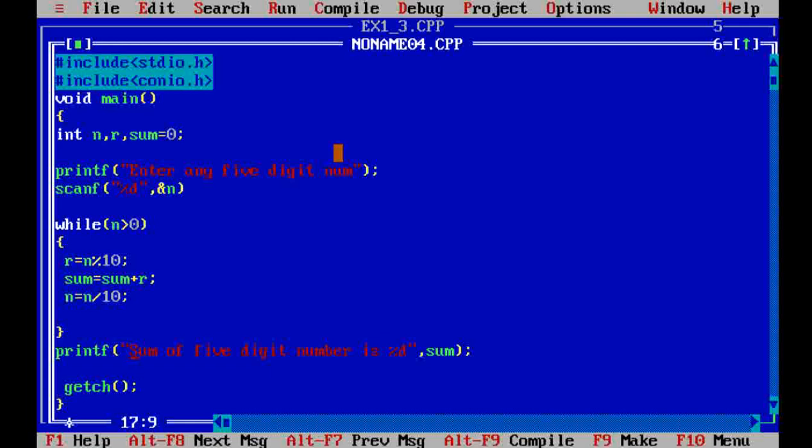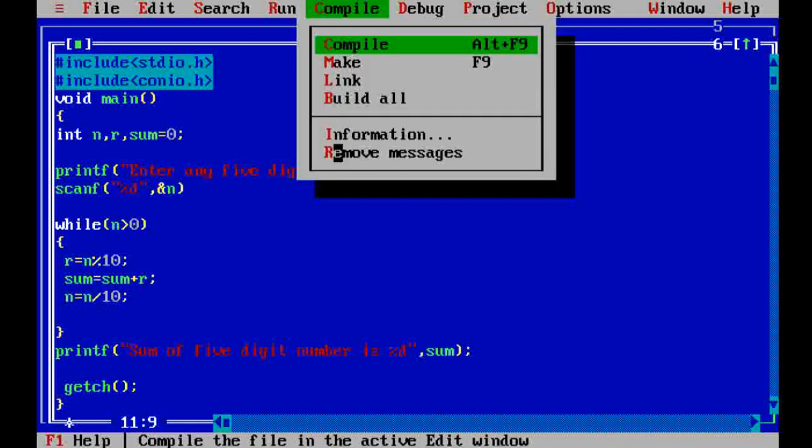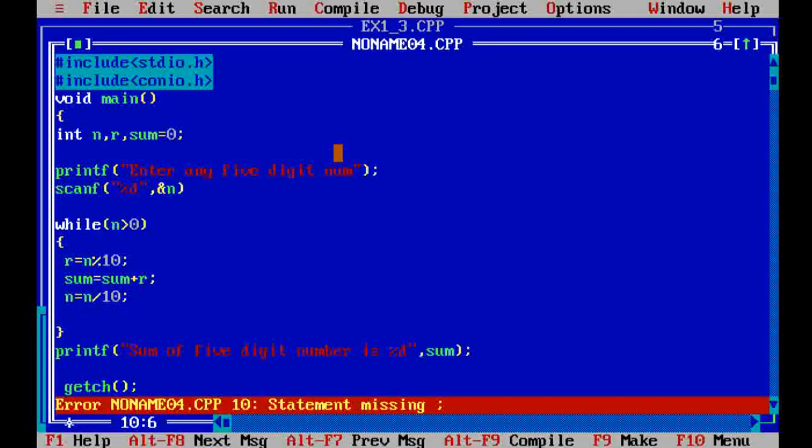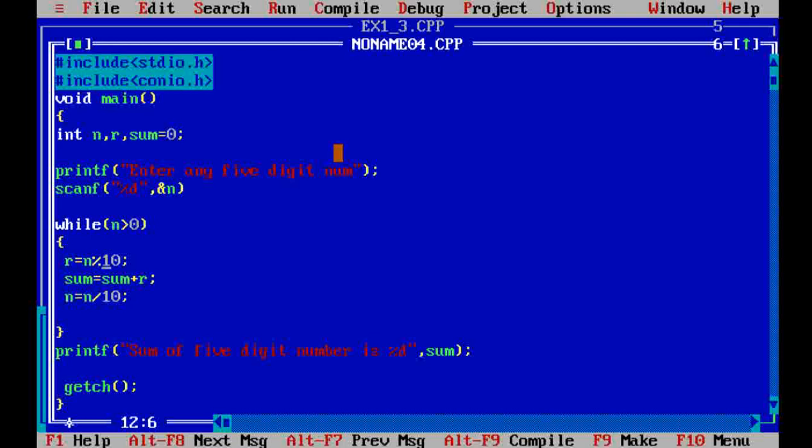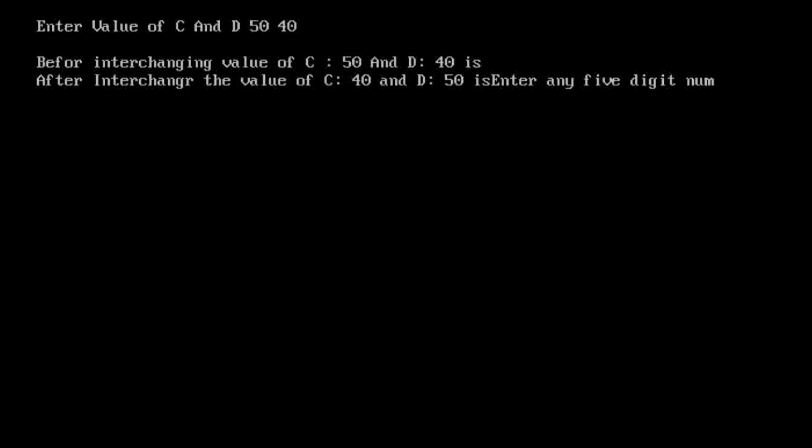In this way our program is done. Now we'll check by compiling. Here one semicolon is missing, so we write a semicolon here, then check, run the program, enter the 5 digits.